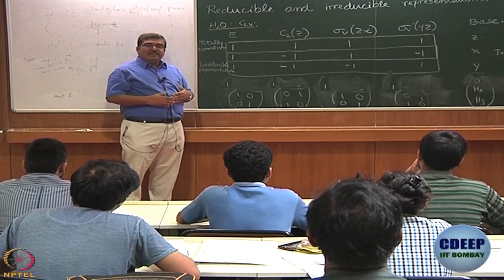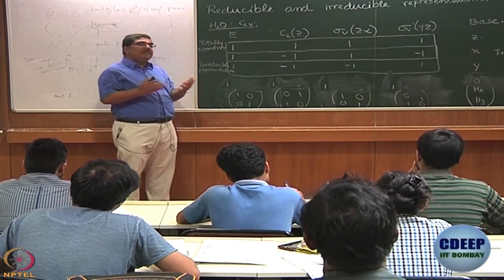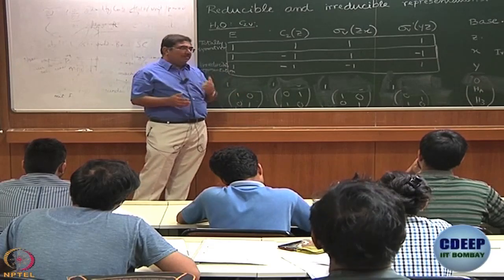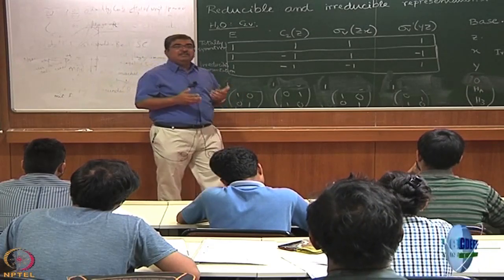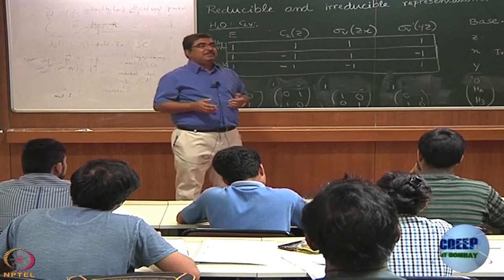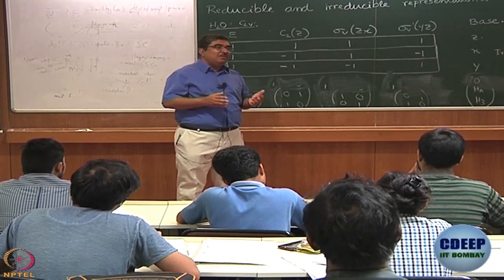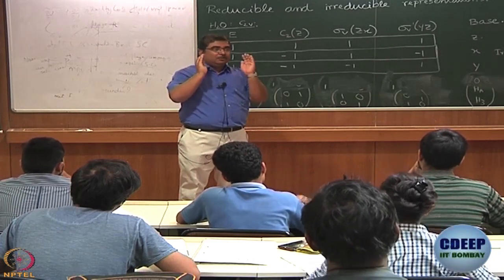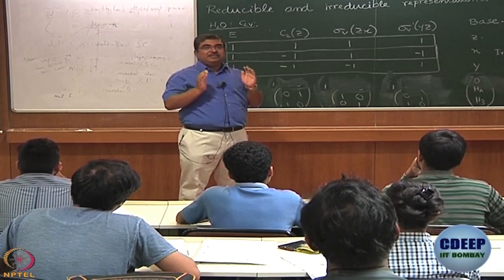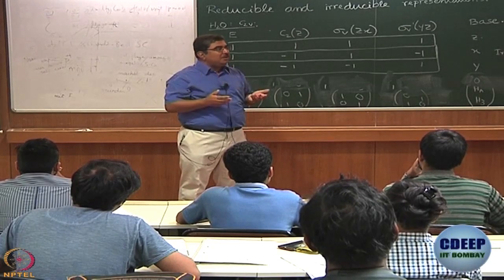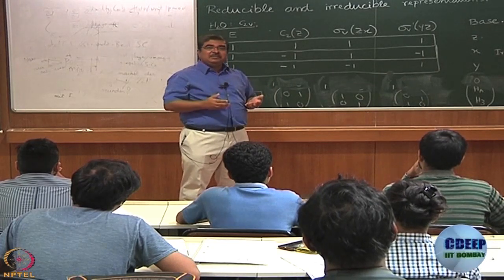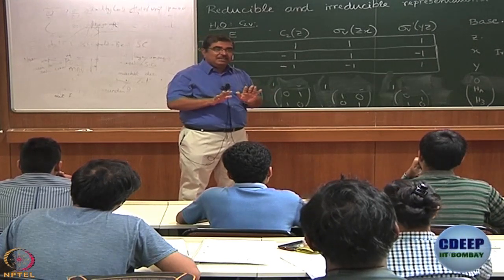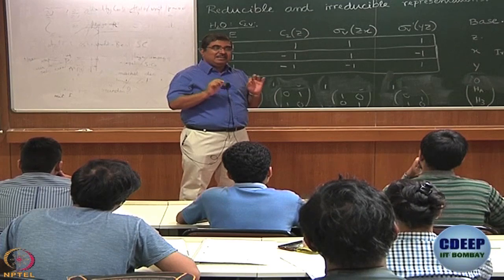I mean, you can understand that if I use a different basis, I would get a different representation. How would I know? How would I know in a given point group how many representations are there? How would I know what are the dimensionalities? I am given a two-dimensional representation or a three-dimensional representation. How do I know whether it is reducible or whether it is irreducible? I hope I have been able to state all the questions that are in your mind right now.